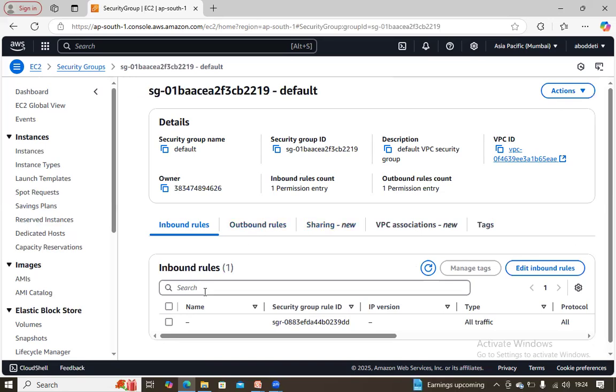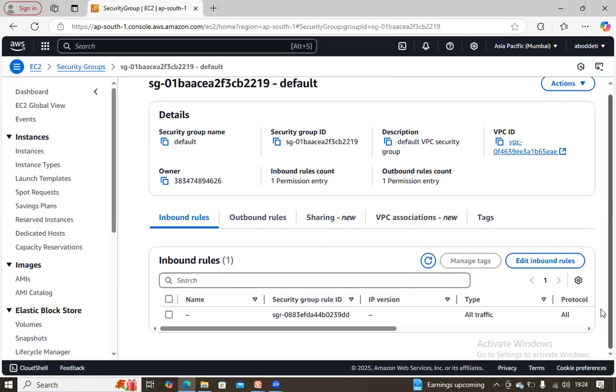Inbound rules are used when I want to give any permission to a particular user. In a software company, for example, so many employees will be there, so many users will be created on the AWS website. If I want to give a user access to a particular server, whether write access, read access or execute access, then I will create an inbound rule here. I will explain afterwards how to create an inbound rule.